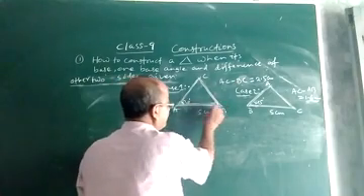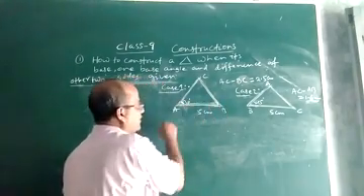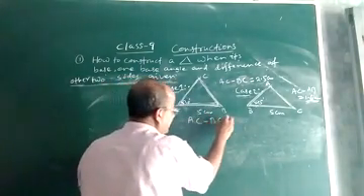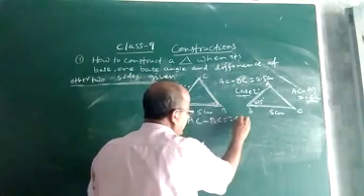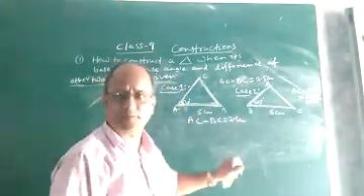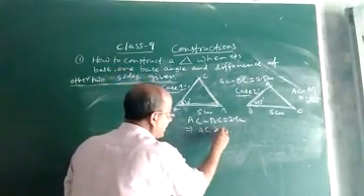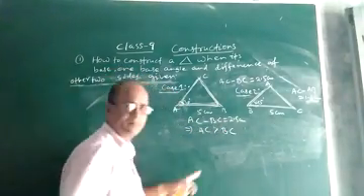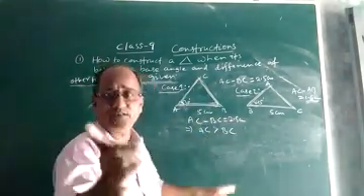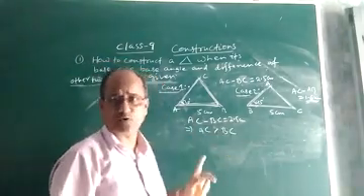In this case, you are given AB equal to 5 cm, angle A equal to 30 degrees, and you are given AC minus BC equal to 2.5 centimeter. If the difference of AC and BC is 2.5 centimeter, then no doubt AC is greater than BC, because the difference of AC and BC is given as 2.5.